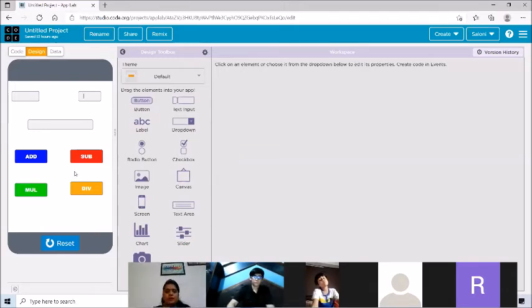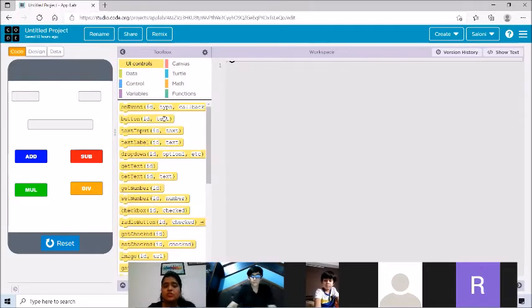Now we'll code the app to add functionality to it. Our app is not working right now because we have not given it mind and soul. So coding is giving mind and soul to your app so that it actually works. Only designing will not do anything, the app will not work. Now I'll click on the code button on the top left corner. When I click on it, I come up with these different commands. Now I am all set to code my app.